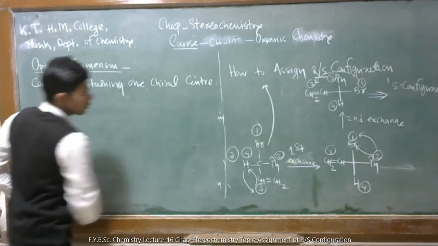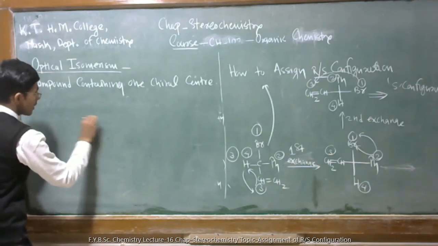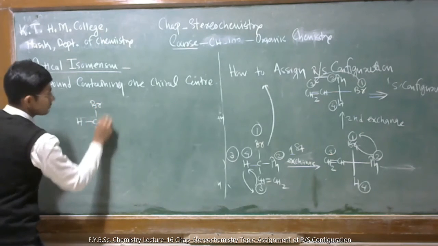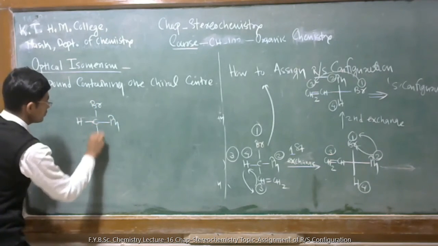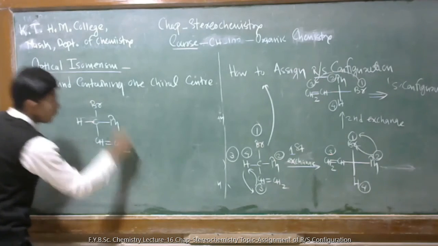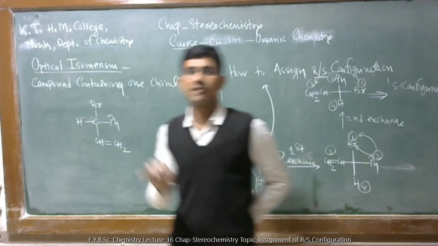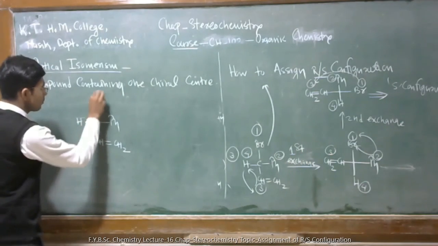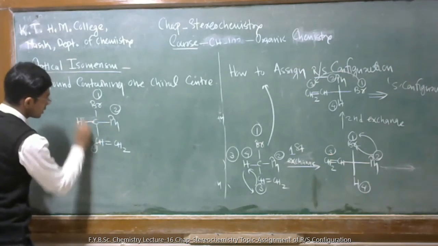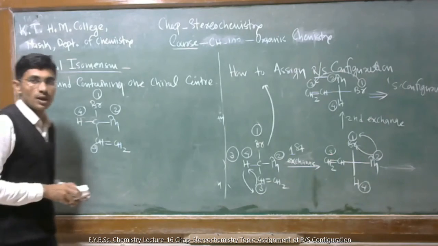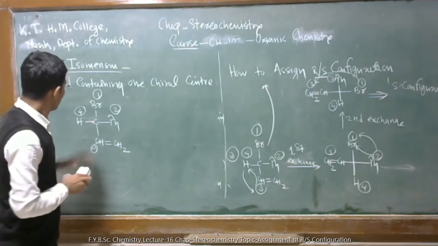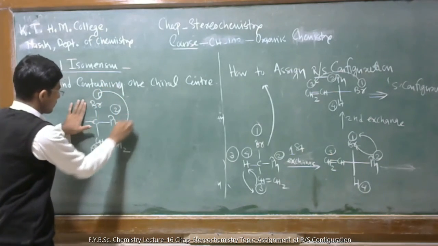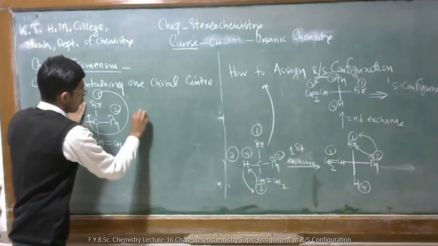By the second method also you can solve this problem. You have to apply any one method in the exam. H, Br, Ph, CH and CH2. When you apply any method, firstly you have to write the priority sequence. So the priority sequence is: bromine has the first, this has the second, this is the third, and this is the fourth. In the second method we have to hide the fourth priority group. When you hide it, the sequence of the remaining groups is like this. In which direction? In clockwise. Clockwise means R configuration.